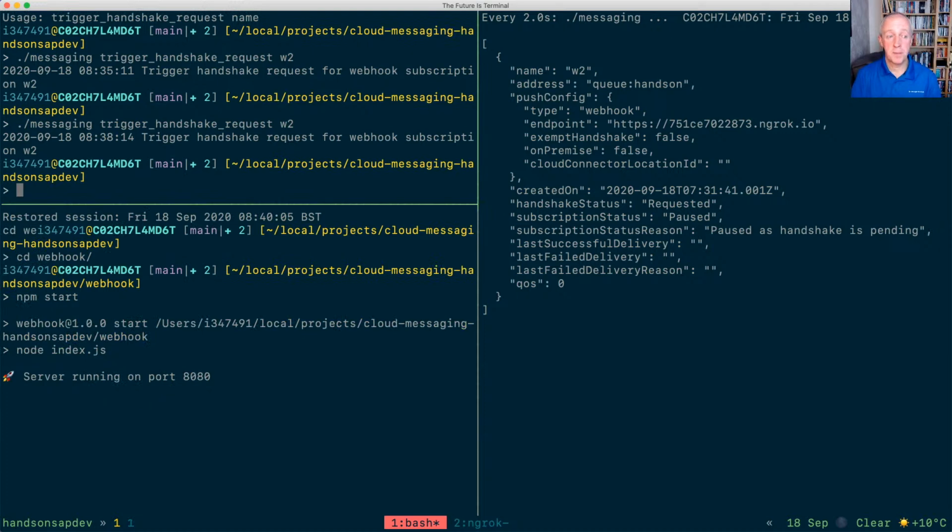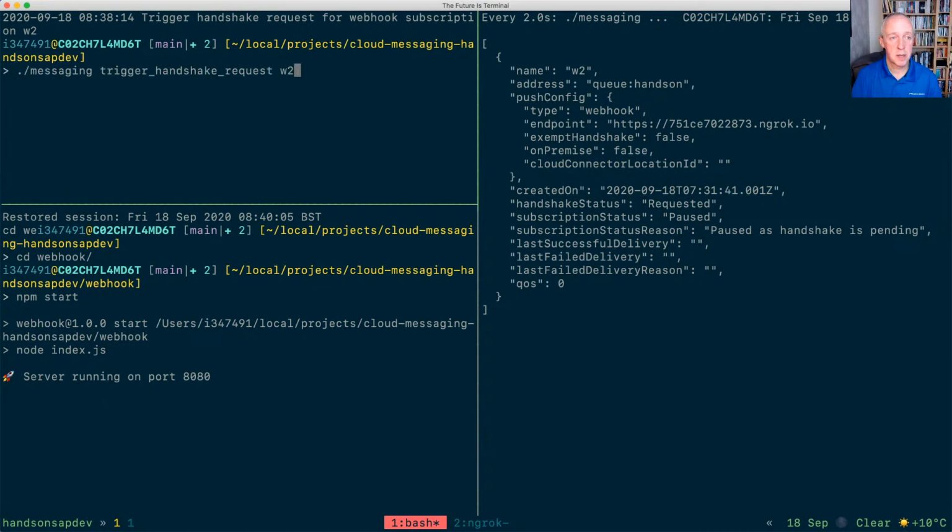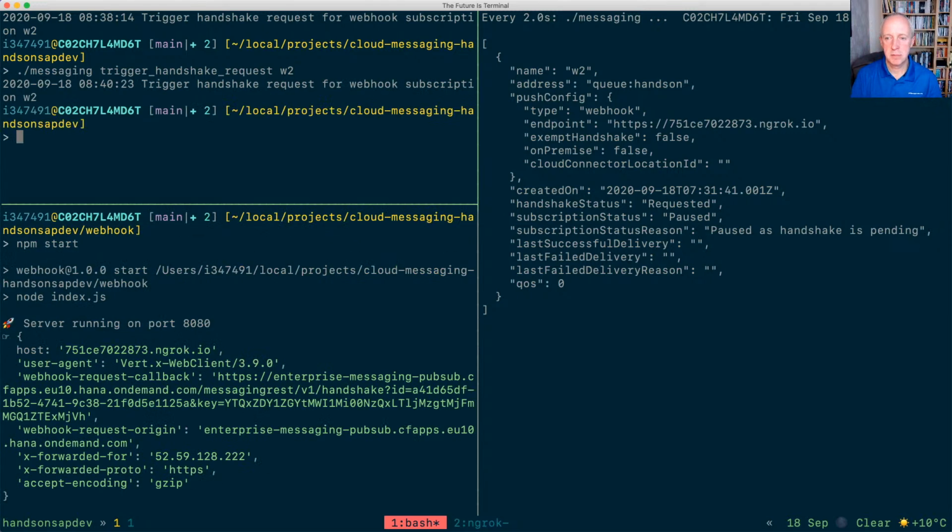Okay, so now if we trigger a request, we should be able to see the options request coming in here, and maybe this will change. Let's find out. Completed. Handshake status completed. Why does it still say paused though? So maybe, yes. Okay, so maybe,